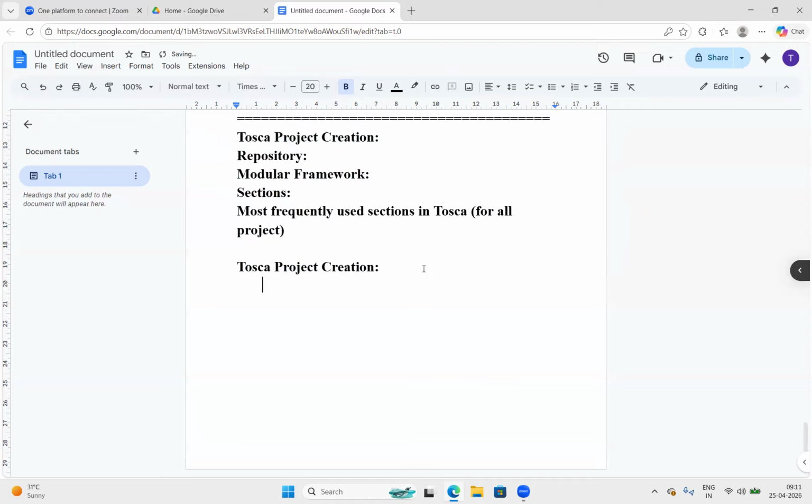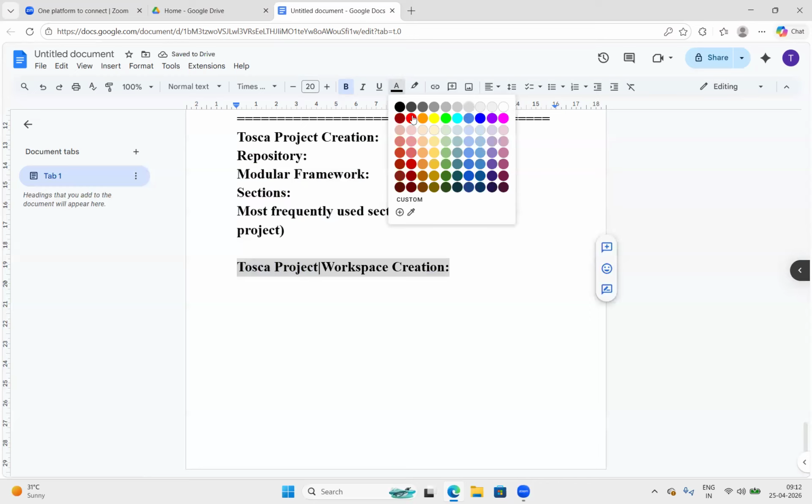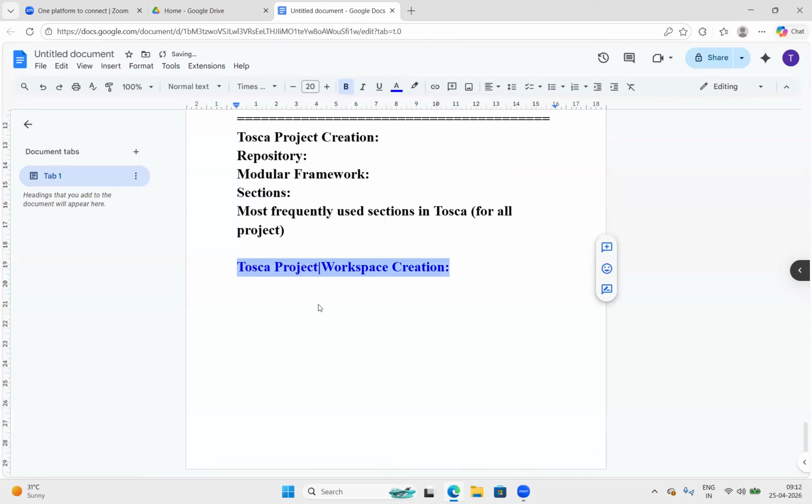To create a project, team, we have two types of terminology here. One is project creation, another one is workspace. Create a workspace for the team members. Two terminologies. If we are creating a workspace for the first time, whenever you are creating a project for practice purposes, that is your new project.